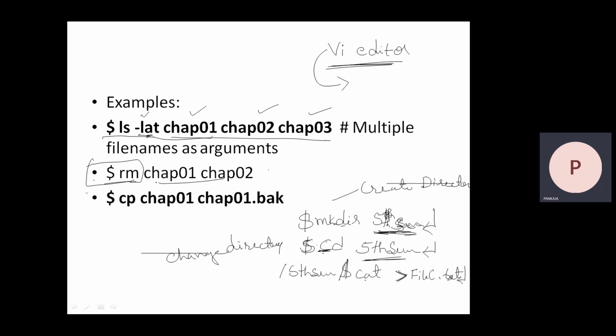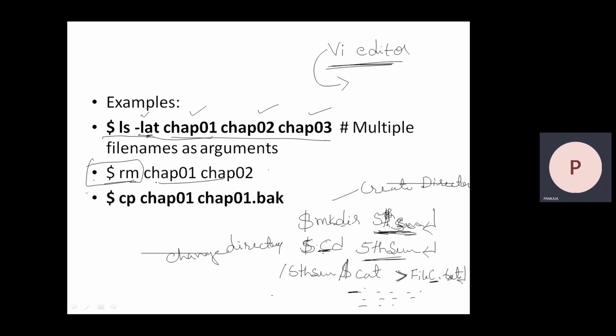Immediately you get the cursor in the form of an underscore, and it expects you to type the content. So you start typing the content here, and once typing is over,